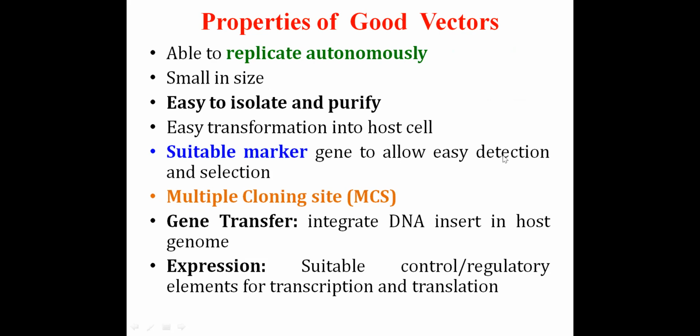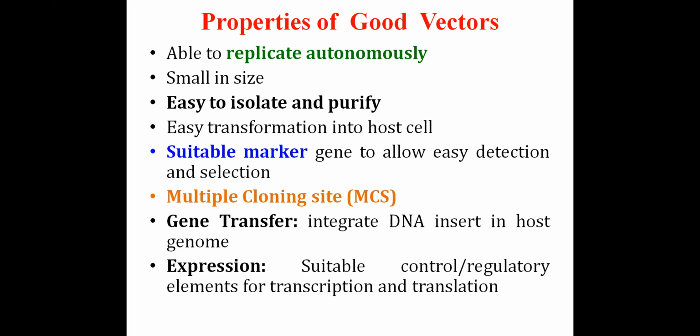It must have a suitable marker to allow easy detection and selection. Then it must have a multiple cloning site, means it must have a region on the vector